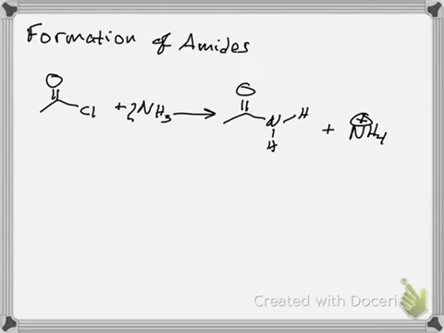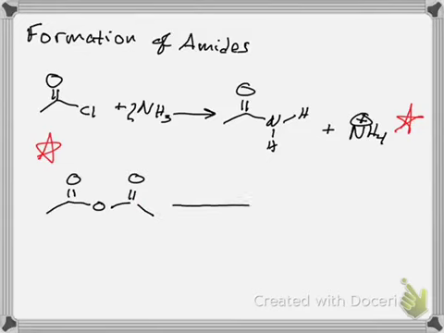This is the way most people make amides. This is actually the most efficient, and honestly, about the only one that really works worth a damn. Anhydrides will do in a pinch. And we did this mechanism back with anhydrides earlier, so I won't bore you by frog marching you through it. You do need 2 ammonia molecules again. And you would get your amide